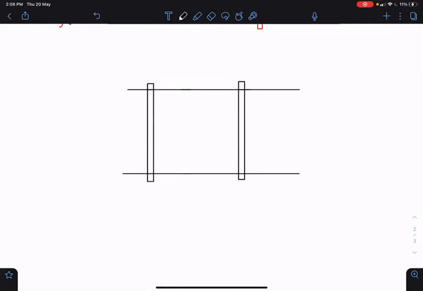And obviously, in 99.99% of the questions, these rails themselves are conducting. Otherwise, it creates complications in calculating the resistance of the circuit. Imagine this rail also had some resistance, which you would write as rho L by A. Because of the movement of this rod, this length of the rail, which is a part of the circuit, will keep changing. So the resistance of the circuit will keep changing.